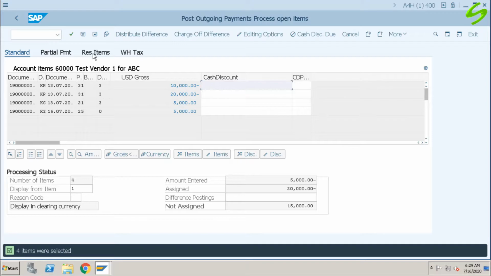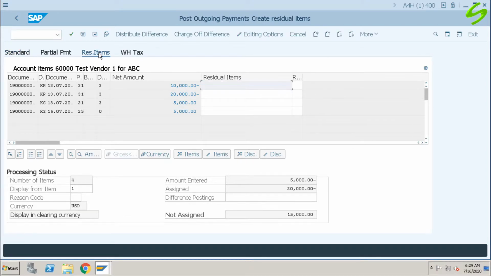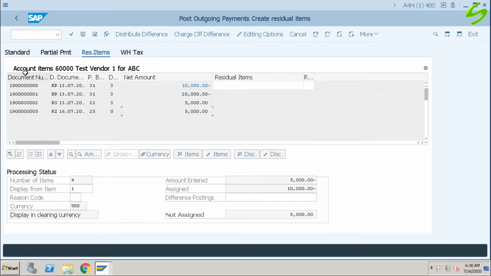Click on the residual items tab. Deselect all the irrelevant items. I want to make payment for the first invoice, which is 1980s. Here I have to enter the partial amount that I want to pay. Double click under residual items, first column. It will populate the amount that we are paying.